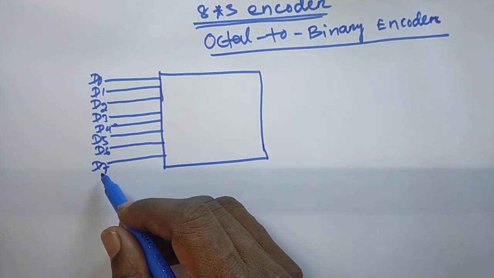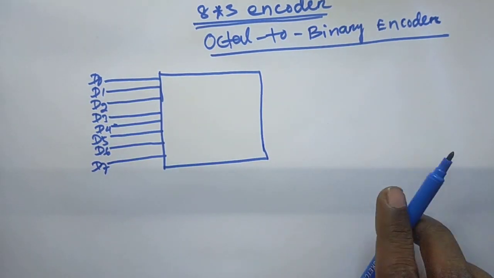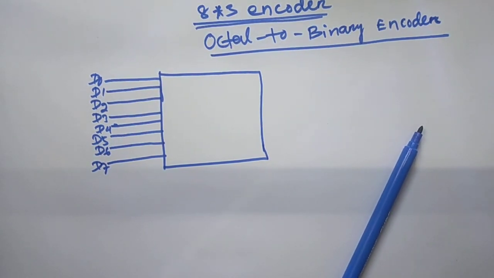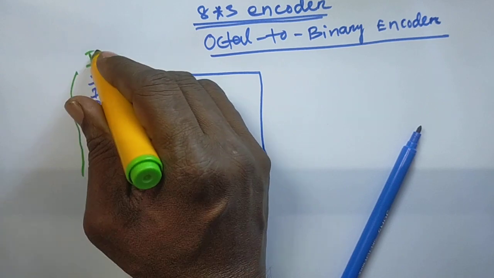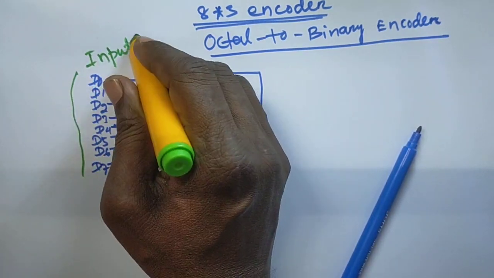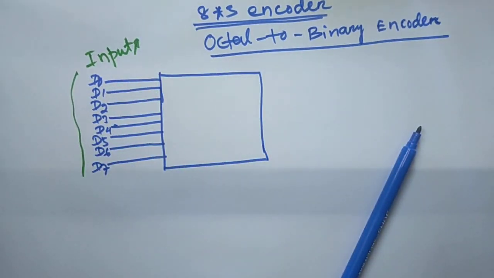So D0 to D7 we can call this input data. How many inputs? 8 inputs. Okay, these 8 inputs we will consider for this